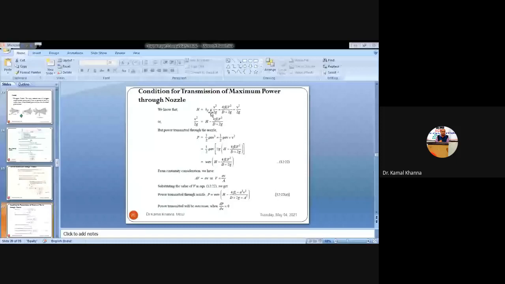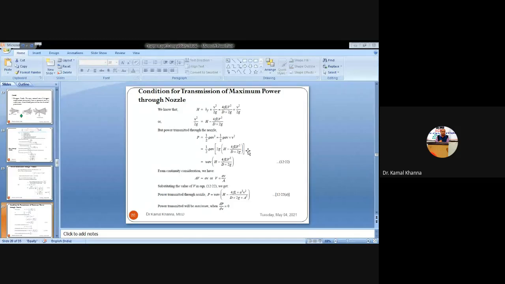So from here, if we multiply 2G on the right hand side, the value of V square will come as 2G multiplied by the bracket H minus 4FL V square by 2GD. So we can put this value of V square in this step. So you can see the cursor of the mouse again. You should consider it on the cursor of the mouse so that you keep in touch with the expression. So this is half rho a V into 2G into H minus 4FL V square by 2GD.